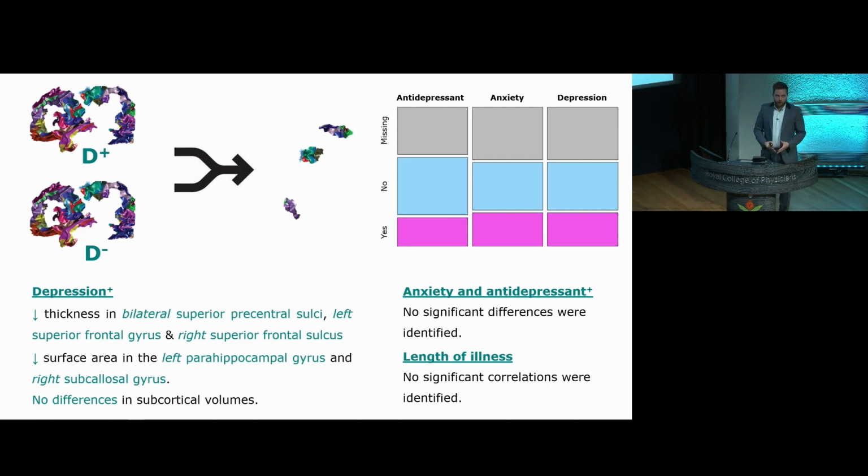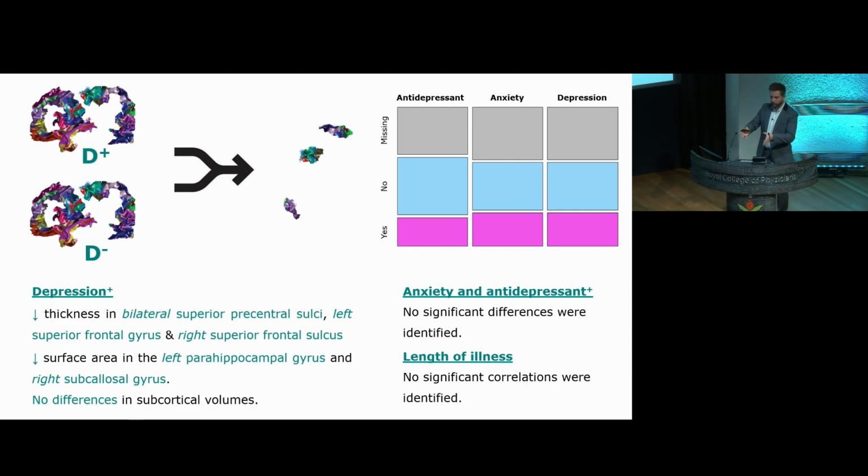We then wanted to do a bit more analysis about clinical variables, and I have to say this was a bit more challenging than we anticipated. There was lots of heterogeneity in the clinical information that was sent with the scans by the groups. Again, it was just differences in the way that the data were collected. So we weren't actually able to look at as many clinical variables as we would like to. However, we were able to build dichotomized variables for antidepressant use, the presence of anxiety, and the presence of depression. And that was available for just over 60% of the FND sample.